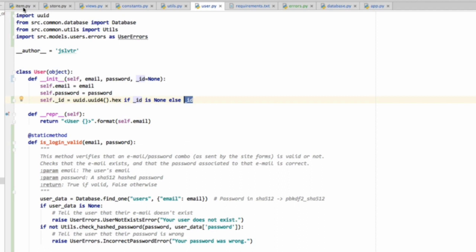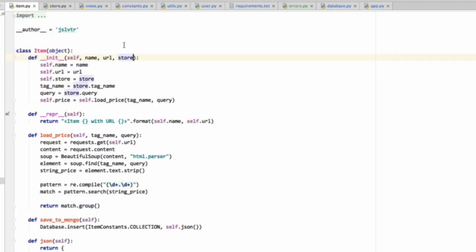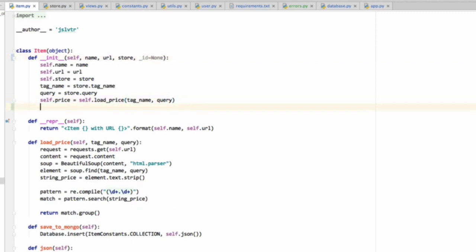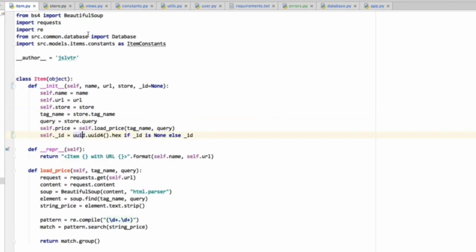So I'm going to go into the item, and simply say underscore ID is None. And then at the end here, self._id is uuid4().hex if underscore ID is None, else underscore ID. And we're going to have to import uuid. And I'm just going to copy that